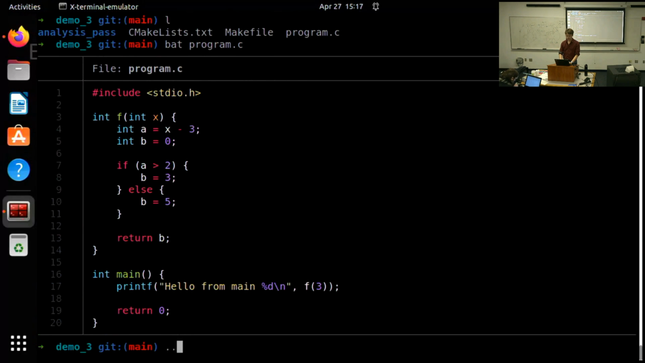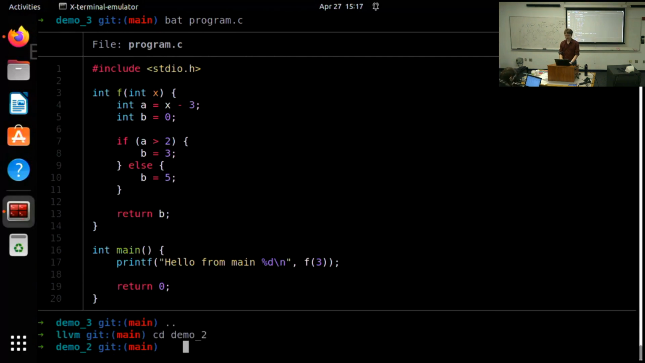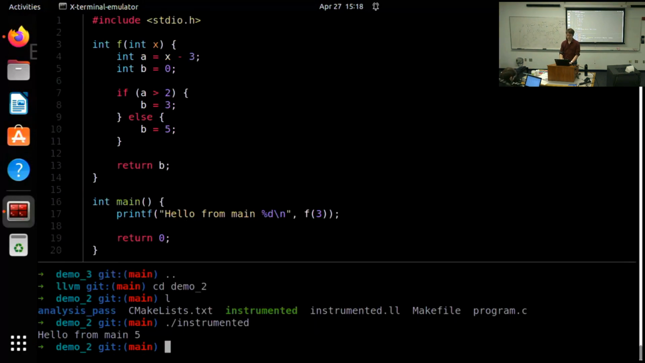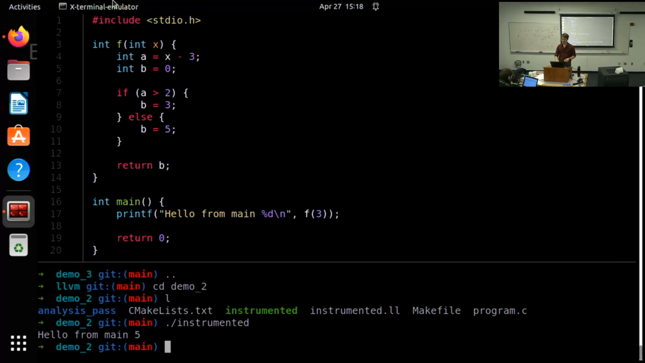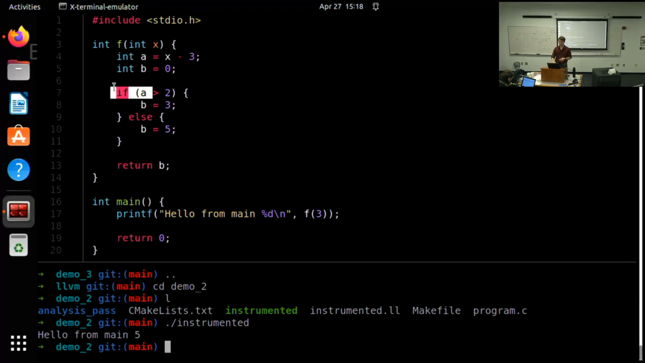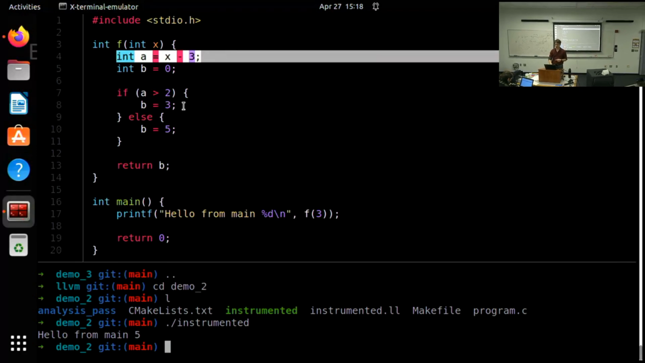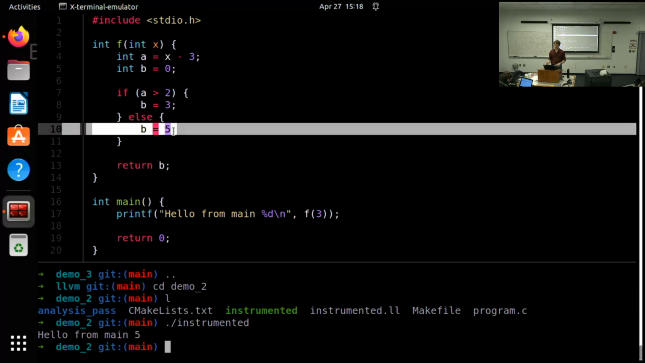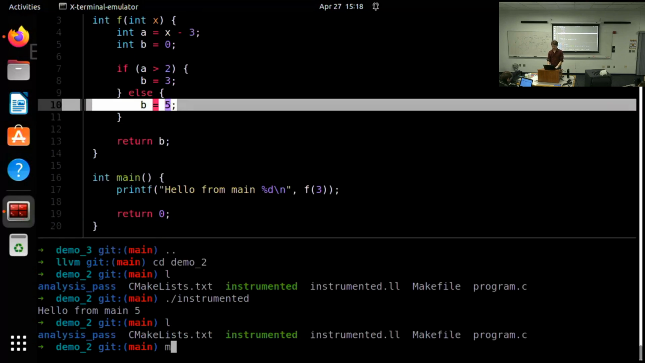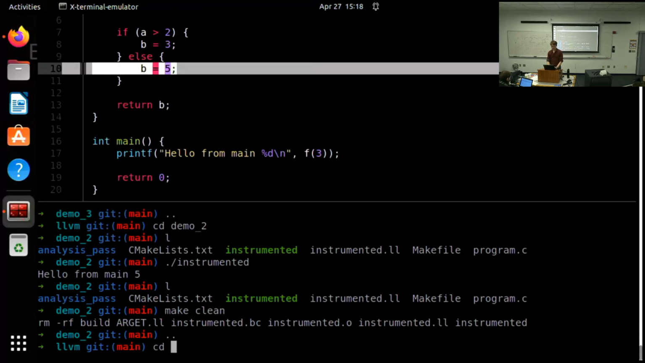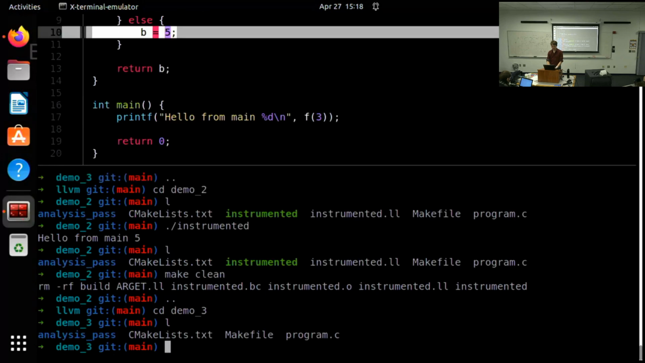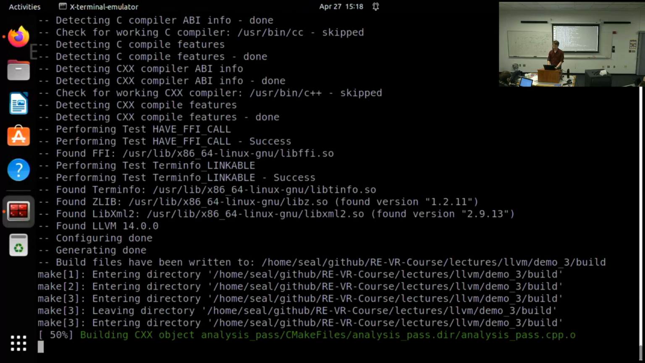Let's go to demo 2. Here, where we didn't modify the program, we can run it, and it's just going to print out hello from main 5, because that's what passed the if check. So if a is bigger than 2, which a is not, it's going to print out 5. Let's just clean this directory up real quick and give it 3. Right, so our program is the exact same. So you would expect, if we make this,